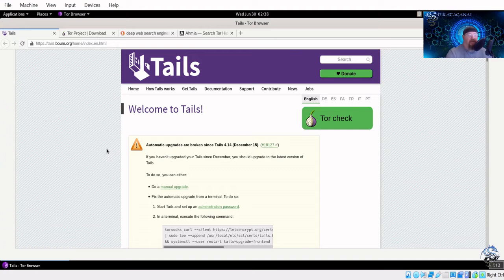So that's what's pretty cool about it, is you can use this with pretty much any laptop that will accept USB boot or DVD or whatever. And you have a complete operating system. I'm currently in it in a virtual machine just to demonstrate for this video. But like I said, you can use this on your own laptop.